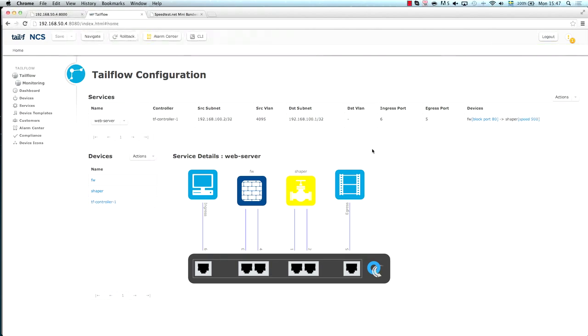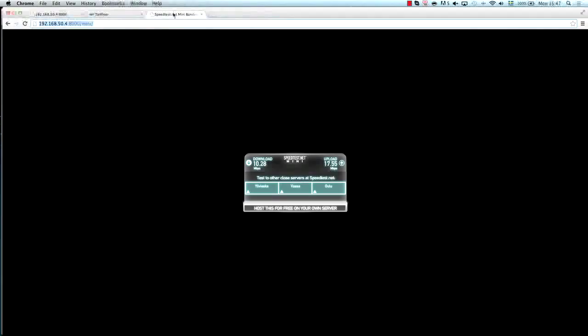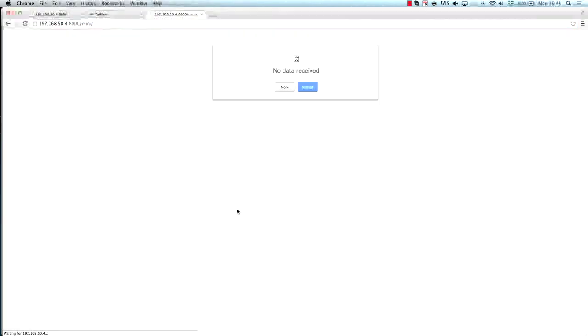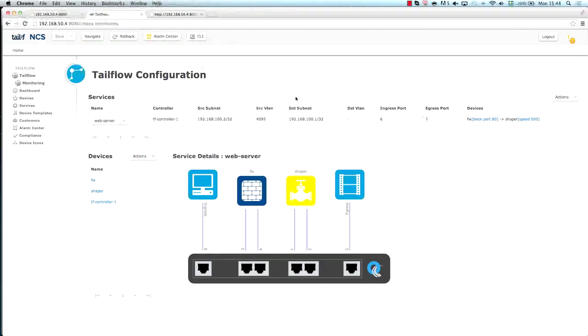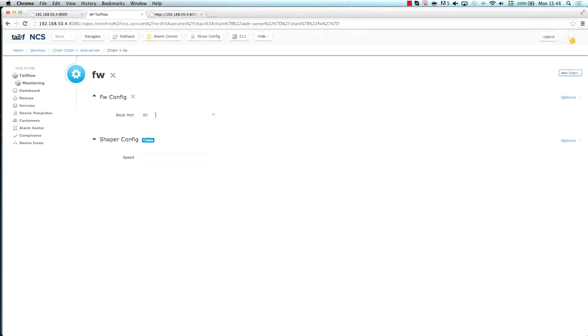We are blocking port 80 and we have a very low speed. So let's say that we want to access something on that web server. I have a previous cache here with speed test function, so I just want to reload that, but of course I blocked port 80, so I don't get to that one. So creating configuration is sometimes easy, although we have a complexity here of the chain itself and the applications within the chain as well. What's very important and what Tailf NCS can do is to modify services on the fly. So we can modify within the chain,